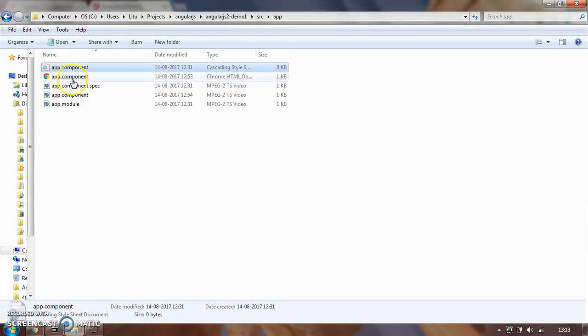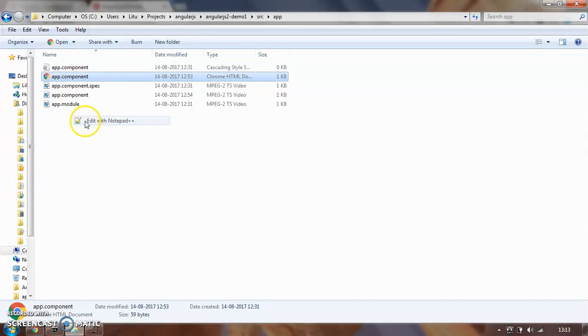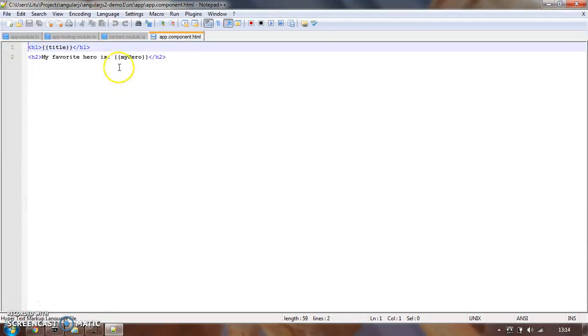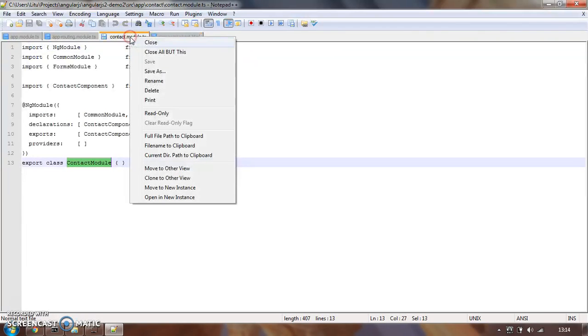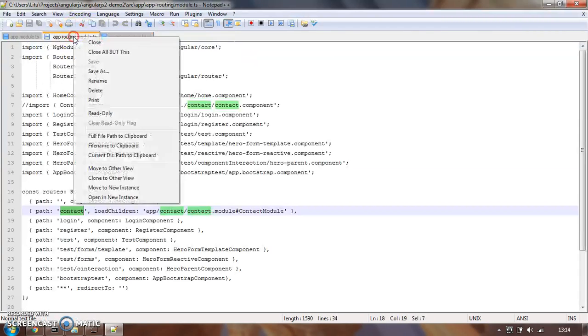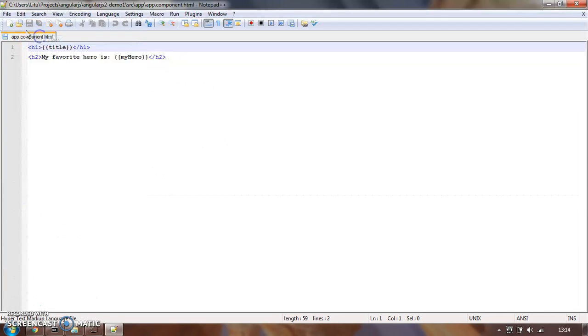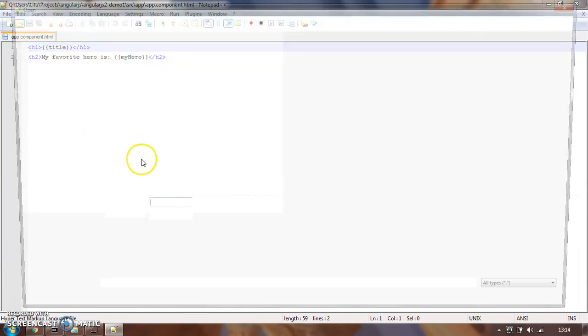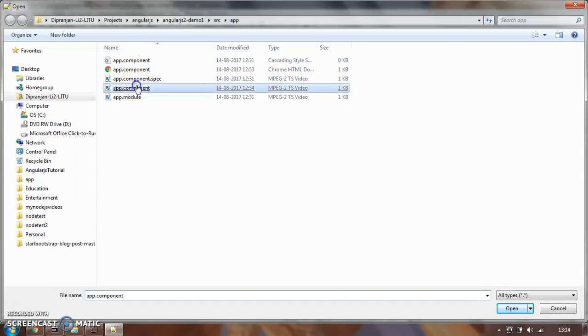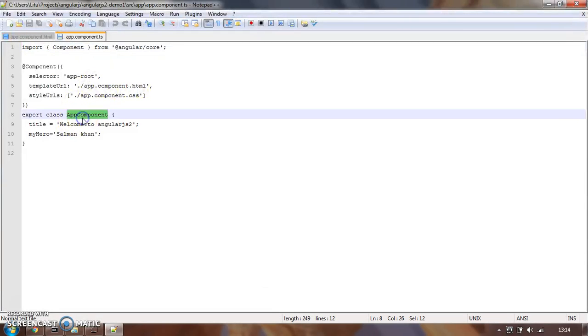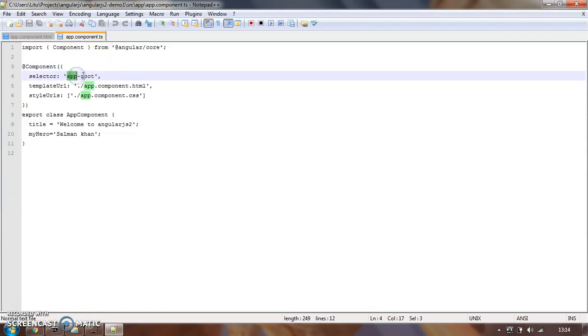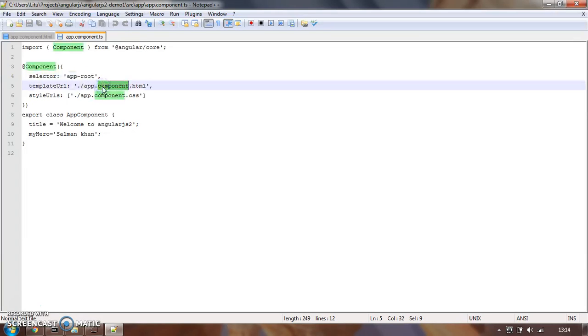Let us do a simple example. I have already shown you. So here is my, oops, that is the previous project I have opened in my text pad. Let us open the app.component.ts. While installing the Angular project using Angular CLI, this is the default component, app.component.ts, where you can find the selector, that is app-root, and the templateUrl is app.component.html, and the styleUrl is